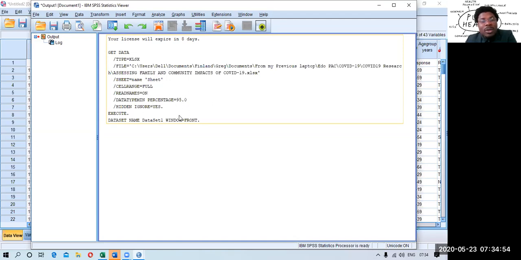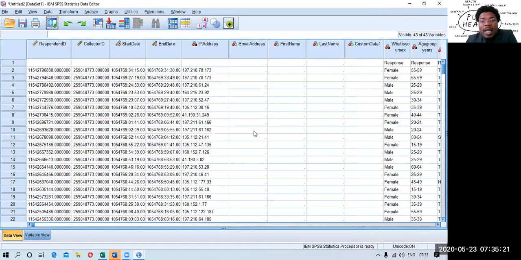So the output viewer window shows you a lot of things that you do, what is happening behind the scene, and it can also display tables and graphs and so on, so that you can visualize what you are asking the SPSS to do. It gives you a log where you can see every action you've performed, and then you can click on any specific log to see the particular output. So we are going to minimize this viewer output window just by clicking minimize,